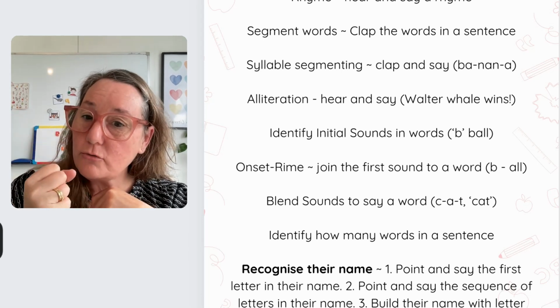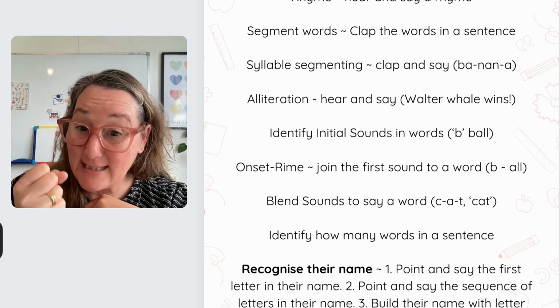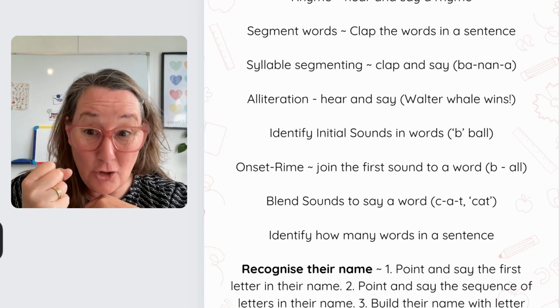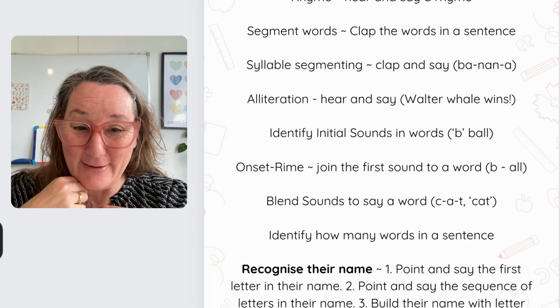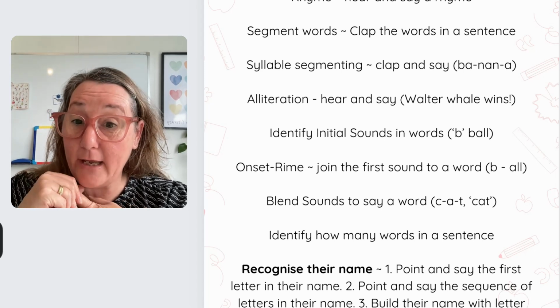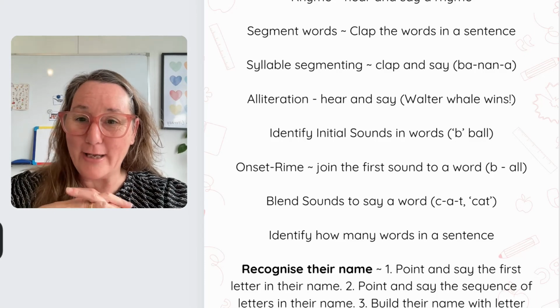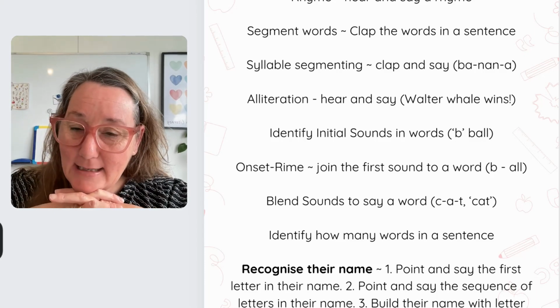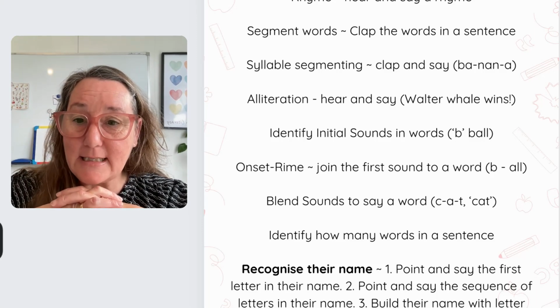So we just want children to hear that they can blend sounds to say a word. That is a huge help when it comes to children reading and writing. And again, just keep going back to identifying how many words in a sentence and try and keep making it longer and longer. Okay, and then the last thing that I want you to do with beginning phonological skills is